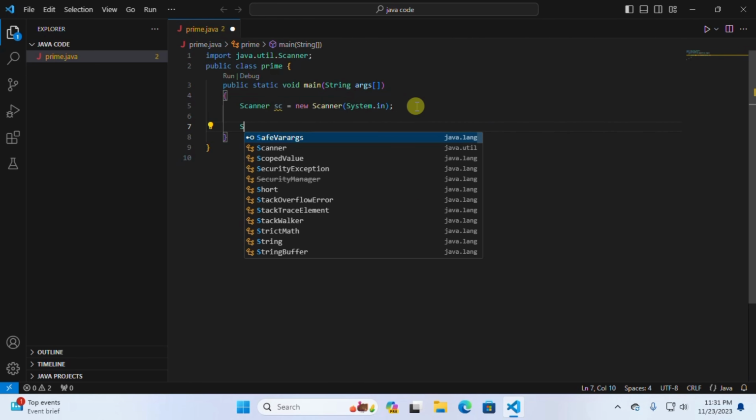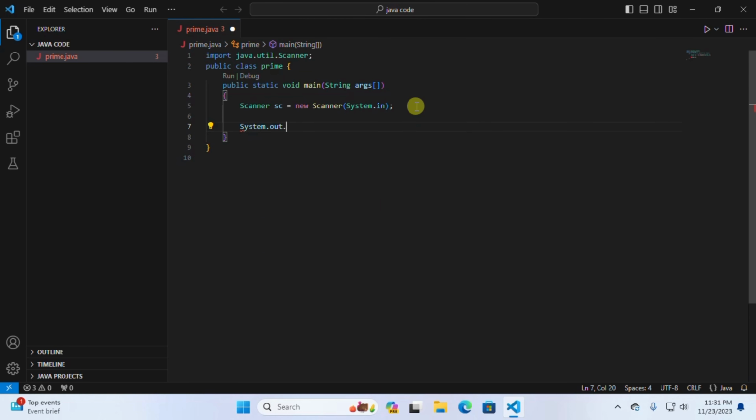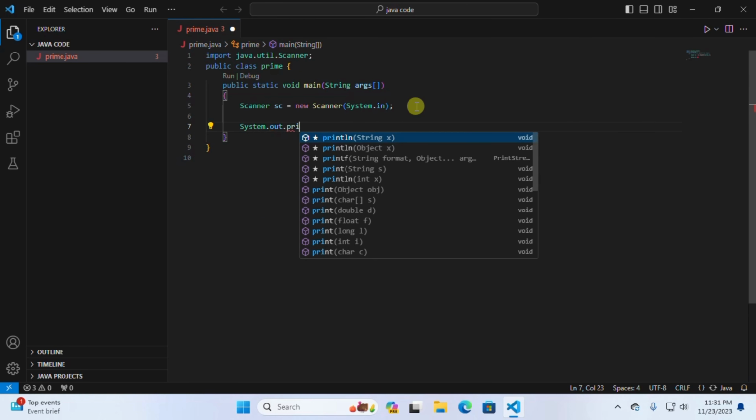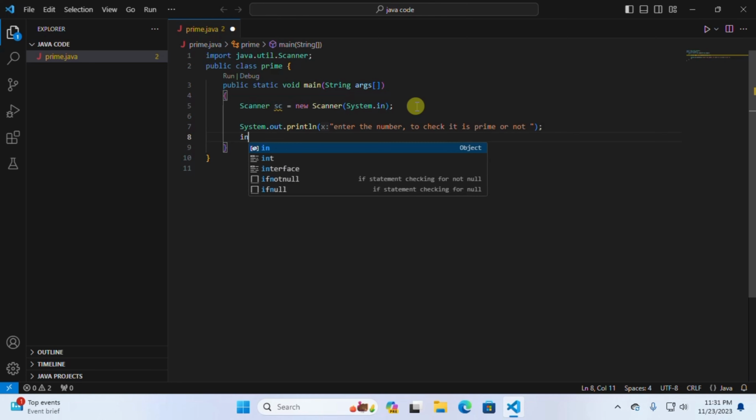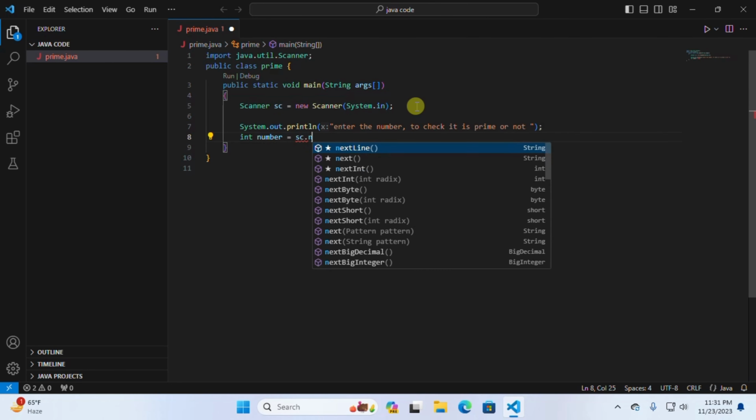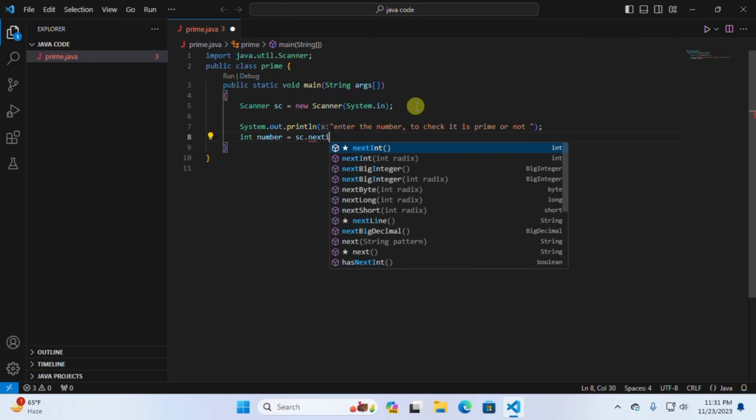Now we'll print a line, System.out.println("Enter the number to check it is prime or not"). Now we will write int number = sc.nextInt();